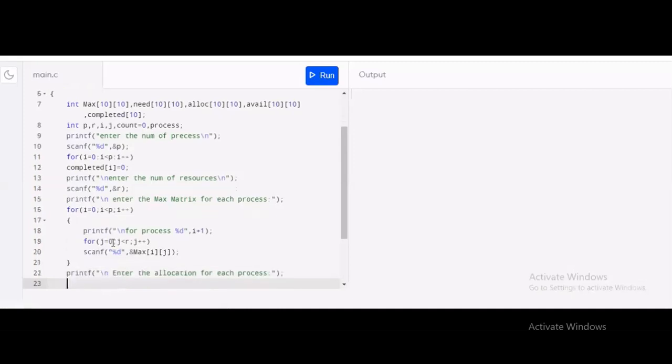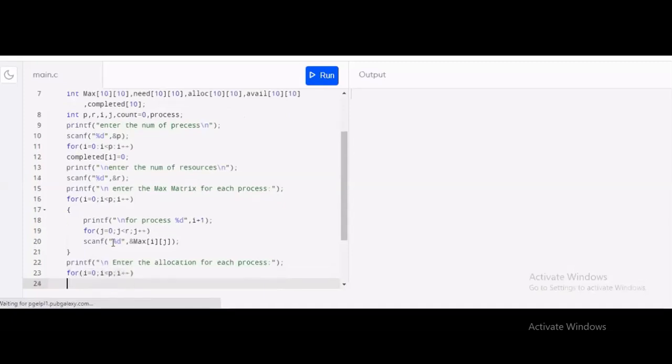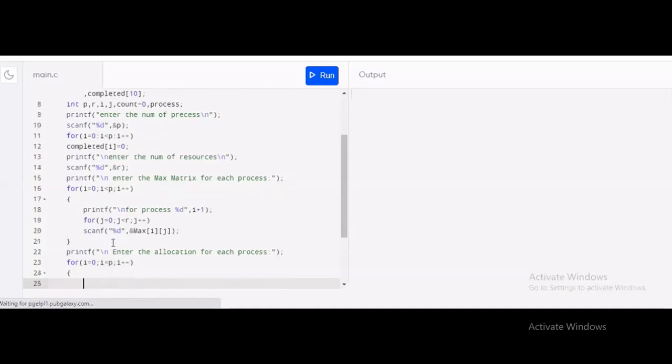For I is equal to 0, I is less than p, I plus plus. Please be very careful while writing the loop, where we have to put the semicolon and bracket.